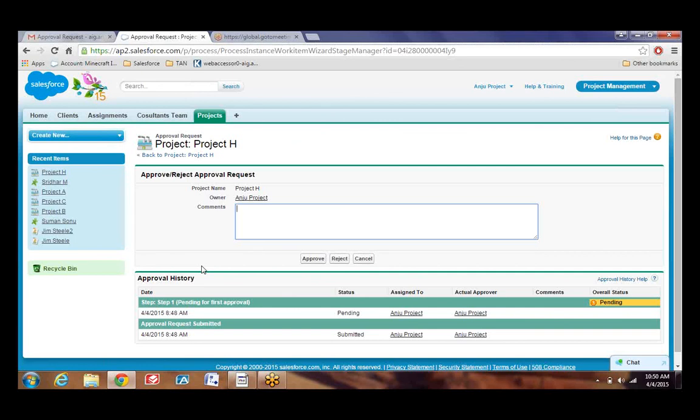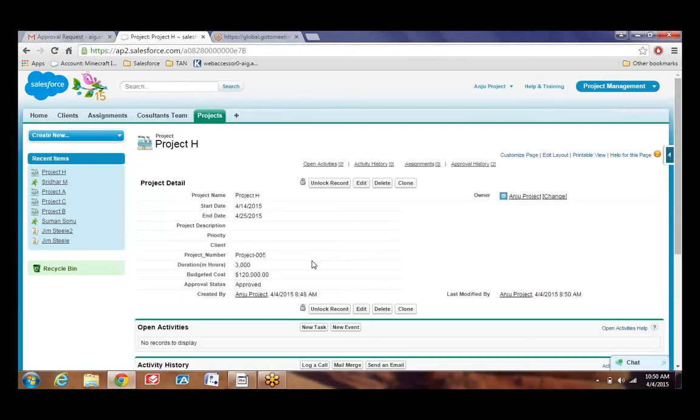So you just approve it. Now we'll see that the approval status automatically got updated to approved. Yeah, it automatically got updated to approved.